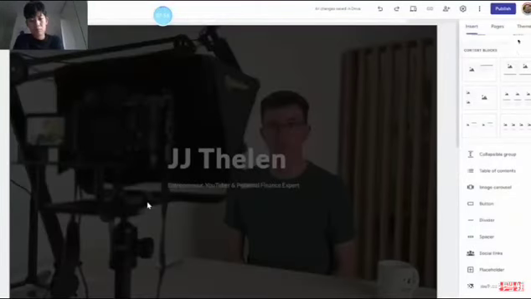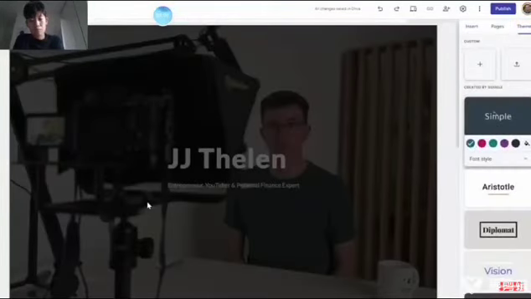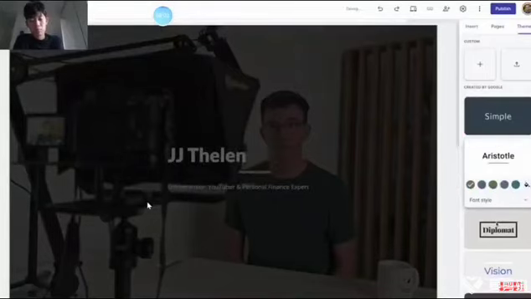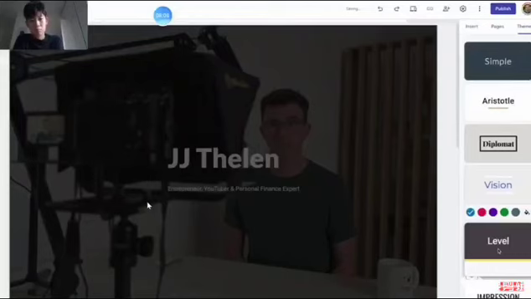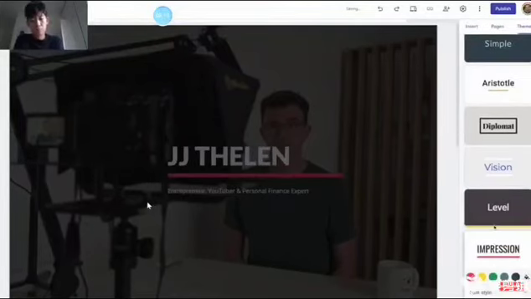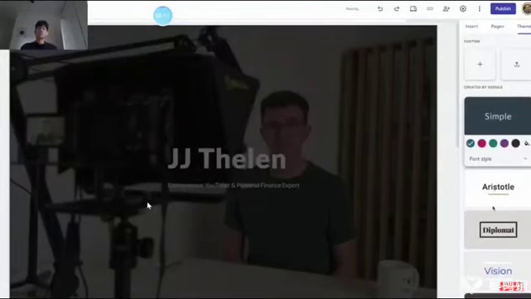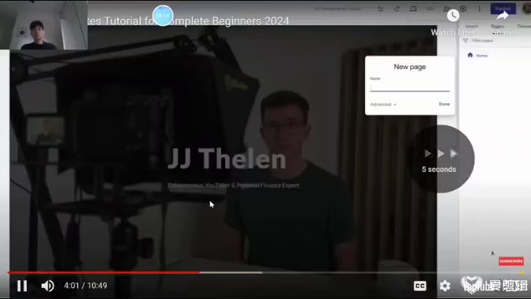Now that we've finished the homepage, let's check out the themes and we can see how it changes the formatting. So we're currently using the simple theme. There's also Aristotle, Diplomat, Vision, Level, and Impression. Within each of the themes, you can choose one of the pre-selected colors, select your own